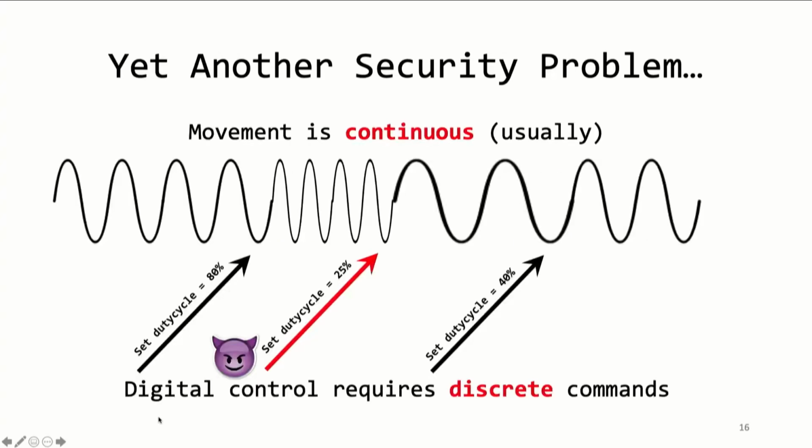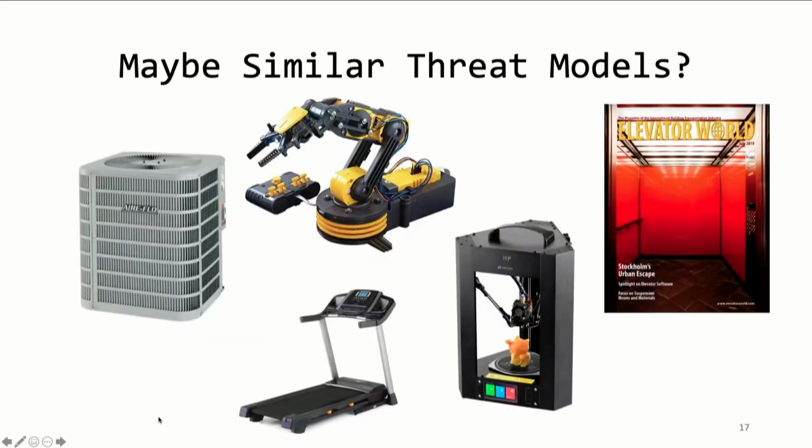Another concern is that digital control commands through pulse width modulation are not authenticated. Controller or drive controller access would allow for modifications to a motor's duty cycle, resulting in timing attacks with real-world consequences. This is the challenge of basically managing continuous movement using discrete commands. So since we took a step back and looked at electric motors and focused on digital control systems for movement,